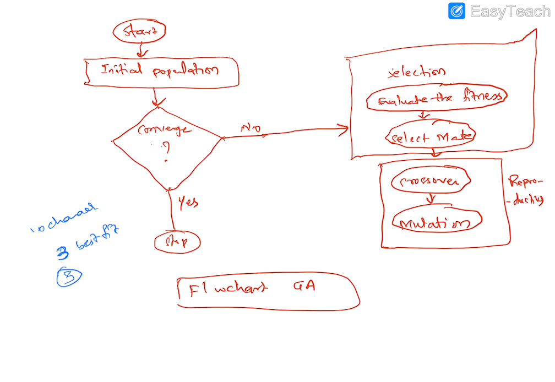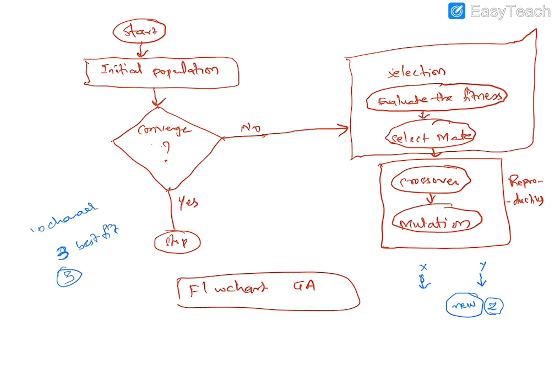What are reproduction activities? In the genetic algorithm, suppose X and Y, 2 objects, are there. You take some chromosomes from X and another chromosome from Y, and by applying the crossover technique, you generate a new generation, a new item. That is Z. Z acquires the properties from X and Y, because Z's parents are X and Y. This is the kind of activity we observe under crossover and mutation. This is the basic flow chart which clearly demonstrates the process of genetic algorithm.